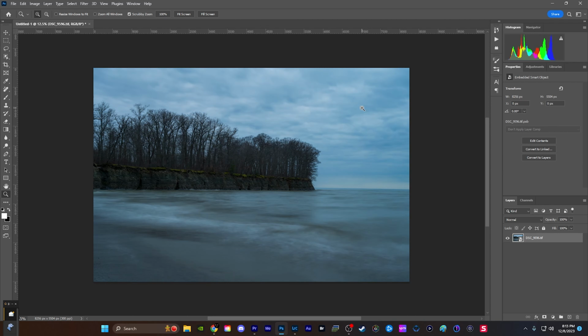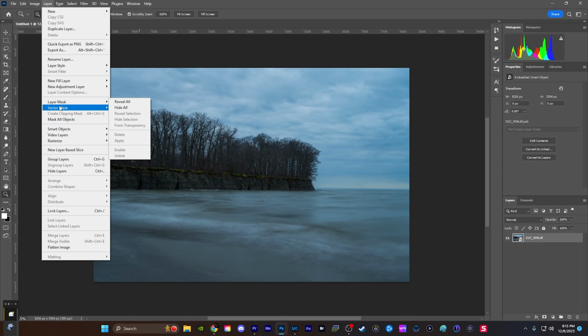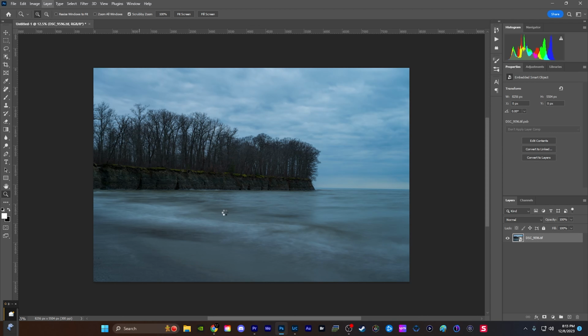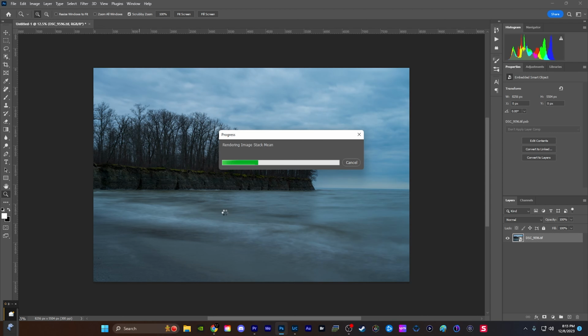So now that it has done doing that, we're going to go up to Layer and select the Smart Objects tab, scroll down to Stack Mode, and we're going to select Mean. And this is going to change, again, the way that these 25 photos are stacked together, the way that they are blended together. Right now, it's basically just showing us the top photo, the top long exposure, as it was